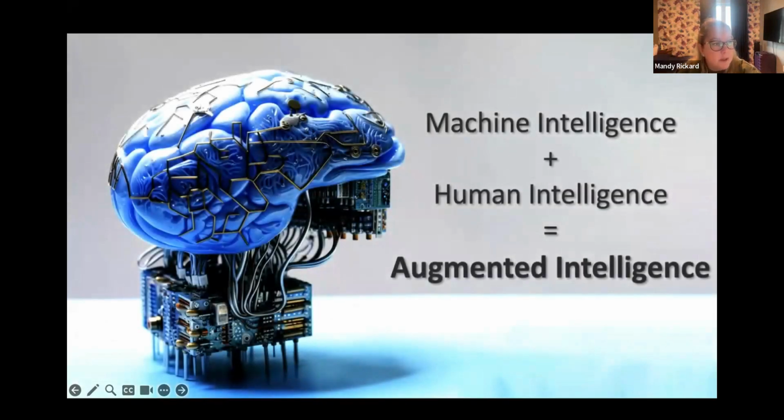And so after listening to all of this and seeing the opportunity, but also the potential for harm, it's important to remember where the focus should be. That we use this technology as a decision-making aid and not as a replacement for human intelligence. And this is known as augmented intelligence. And if it's done properly and responsibly, then this means that it can only benefit our patients and their families.